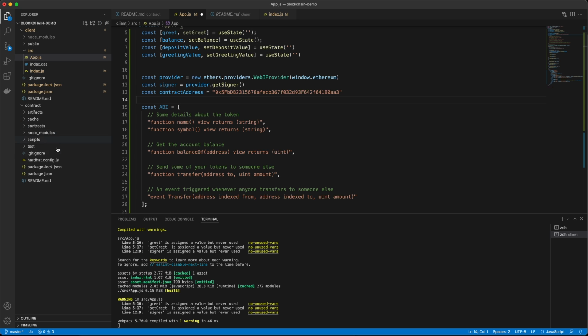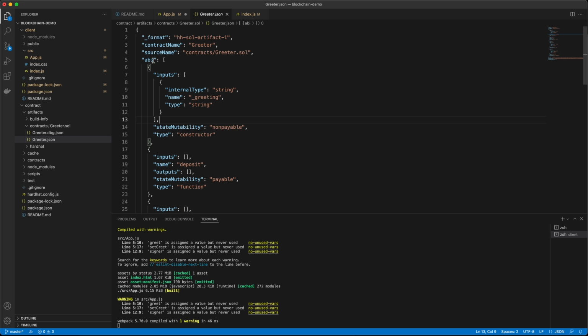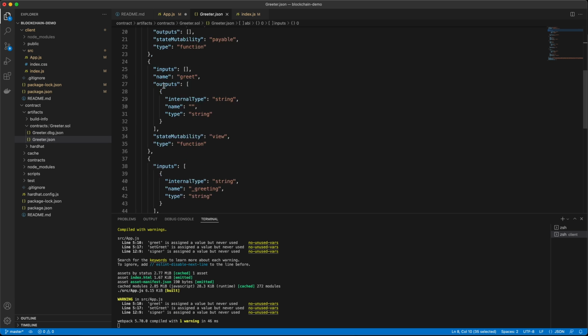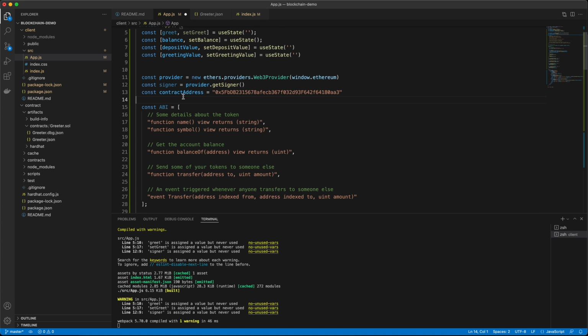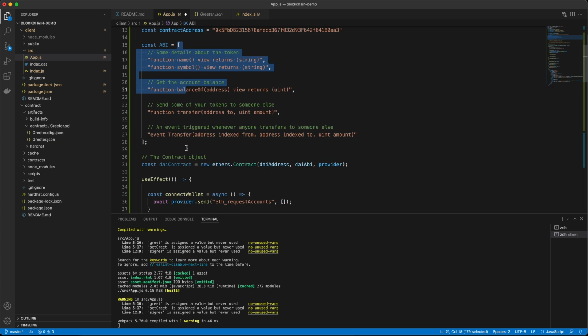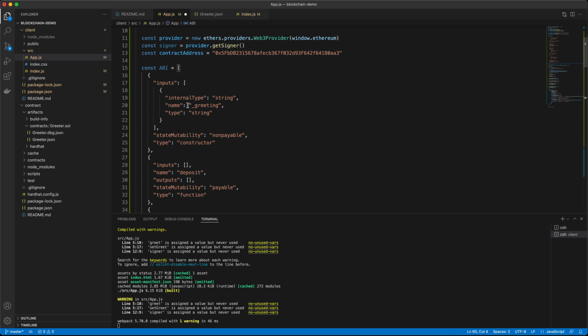And that's going to be back in our contracts folder. Go back to your contracts folder in your artifacts and your contracts and your greeter.sol folder and greeter.json. Remember we looked in here earlier? Here's your ABI. So grab this whole array down to the closing bracket, copy it, come back to your app.js and replace what's there with your ABI. All right, so now we can call these functions that exist on our smart contract so that we can interact